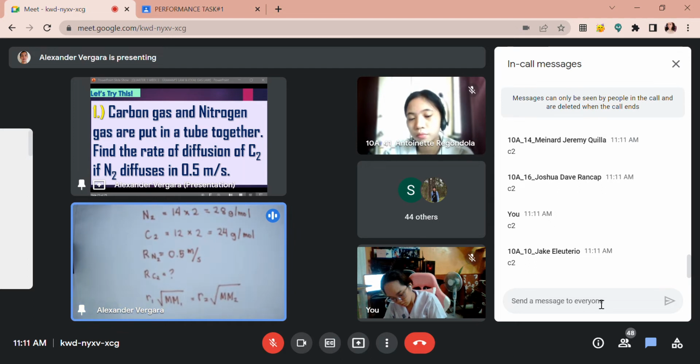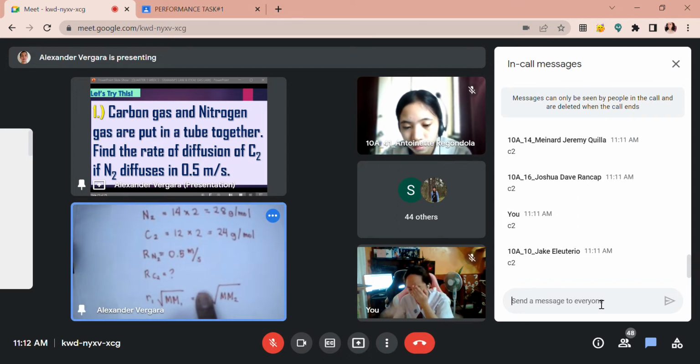What we will do this time is to derive the formula. So what will be the formula for this one? Since we're looking for the R2, that will be